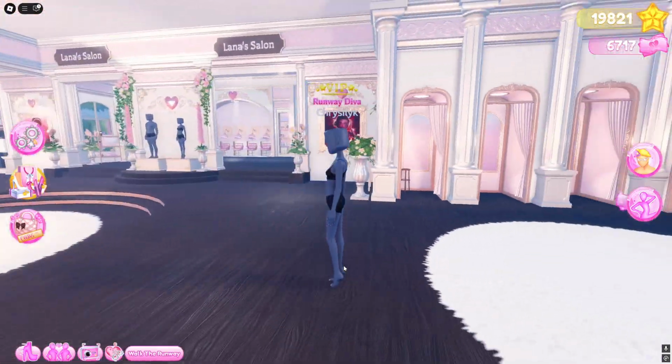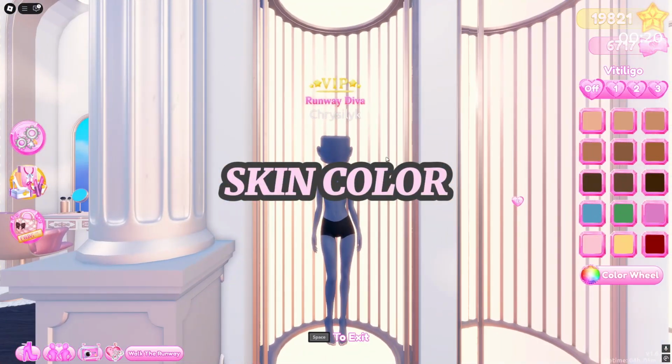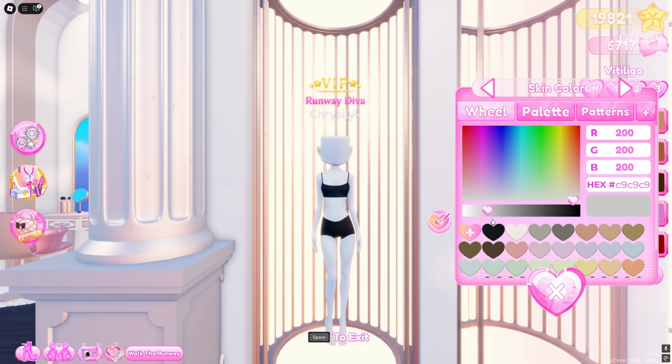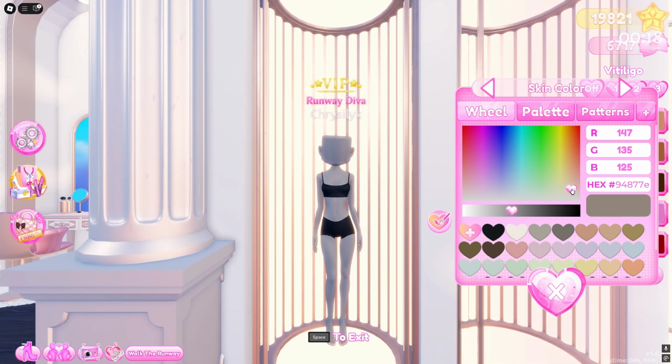So yeah, let's go. Okay, so as you can see here, I rejoined the free play server so that we can get started, and let's just go ahead and get started with the skin tone, our base pretty much. So first things first, I like muted skin tones and muted colors in general. Now, of course, I'm not saying that I just do gray skin tones or colors. Obviously I add some tint, sometimes a little bit more, sometimes a little bit less, but it depends what I'm going for. So I usually play around like here or here in the color panel in this one,